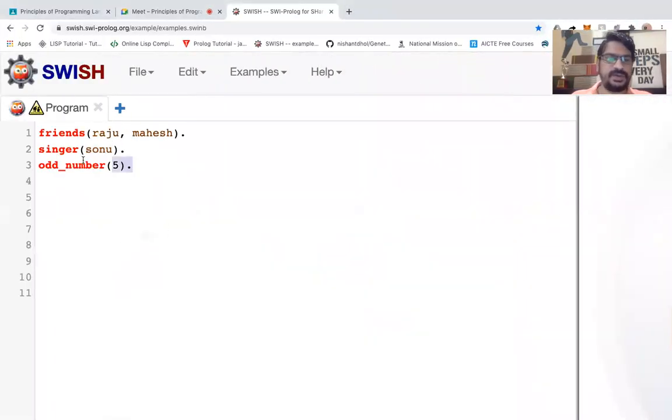Let's do something related to friends. Let's say we have a relation of x and y, and I'll say that x and y are friends. How are x and y friends? If, or let's say x and z are friends, I'll write it.